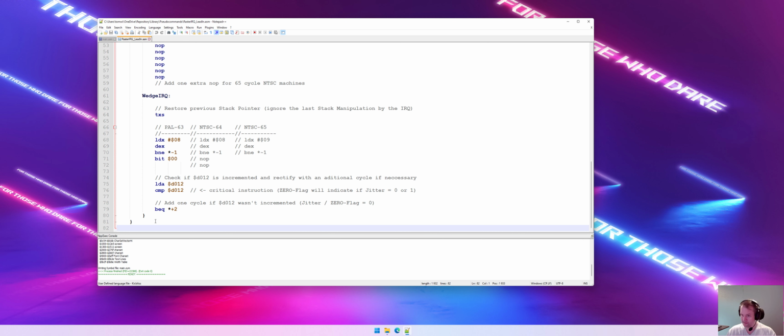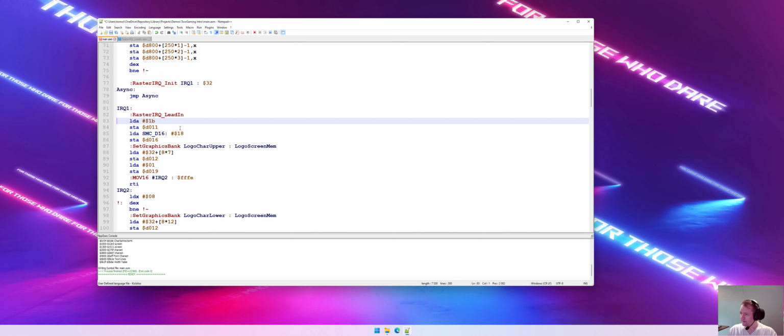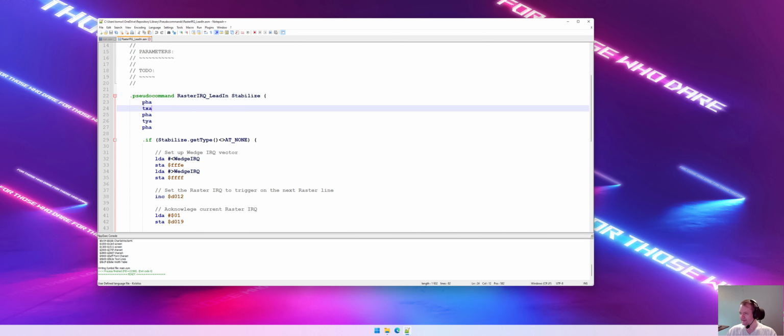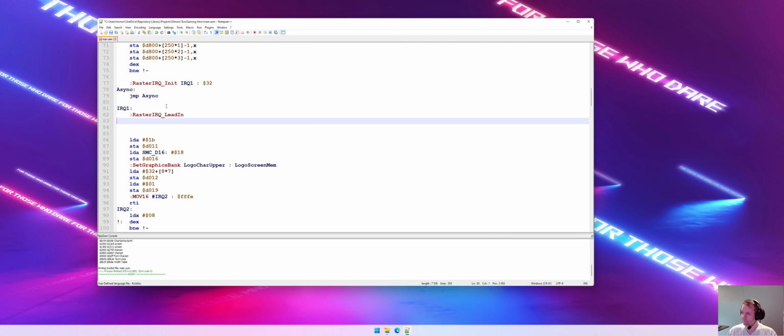And to do that, I will just take this part, and I'll just put that here. I could just put a 1 here and then it will add the stabilization. But for now, I'll keep that. So that is the lead-in. So basically, without the stabilization, it just pushes the registers, and that's it. So that's quite straightforward. Now, I mentioned last episode that we don't need to do that, and that's true